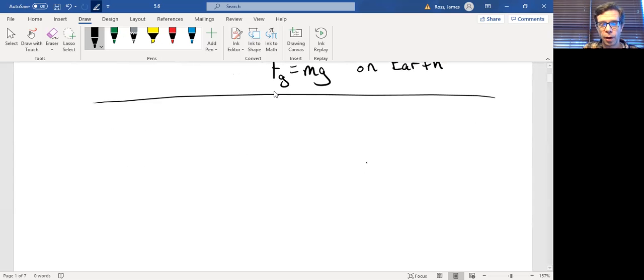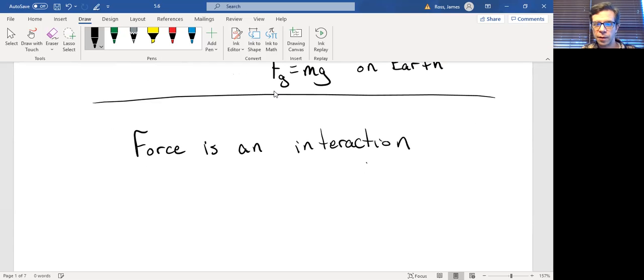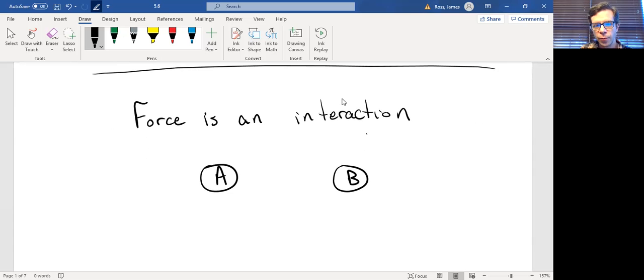All right, for Newton's third law, we'll want to recall that a force is an interaction, meaning that we have two things that interact, right? So say that we have an object A and an object B, and we want a force of attraction between them, let's say. And we're going to define a notation here. So this is the force due to B on A, and this is the force due to A acting on B. So our notation here, we're defining force AB as